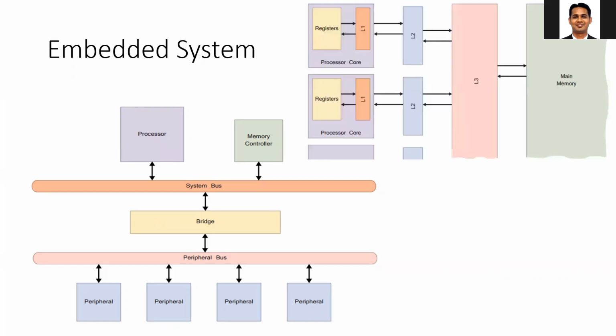In any embedded system, your memory is divided into multiple hierarchical levels. So you have the cache memory, which is situated closer to the processor and allows the processor to read and write data at a much faster rate than your main memory or physical memory, which may be present outside the chip. In any embedded system, you may have an L1, L2 or L3 cache system depending upon the application.